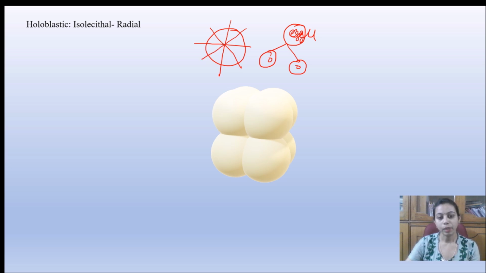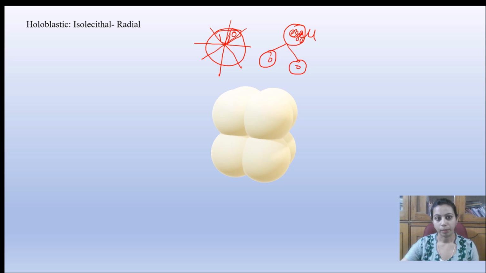As you will be dividing amongst your friends, all the pieces will be the same, having one olive, one capsicum in each, but the amount of cytoplasm will be less. The more the number of friends who come to the party, the fewer pieces they will get, or the smaller the amount of the pieces they will be getting. So this was all about the holoblastic isolecithal radial type of cleavage during the process of development.